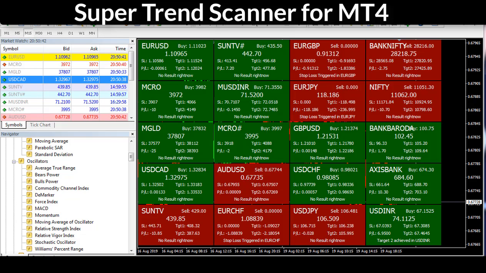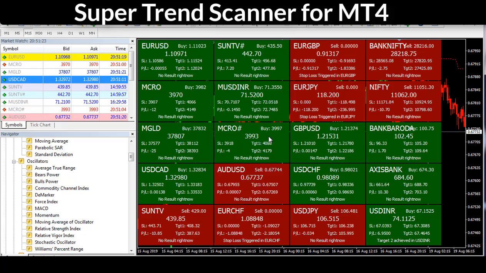So let's start understanding the Super Trend Scanner strategy and features, and learn how we can use the software for daily use. Super Trend is the most common indicator among traders, but while using it in MT4 on the 15-minute time frame, sometimes it becomes difficult to find the best intraday entry and exit levels in one or two symbols. That is the reason we have created a scanner for you, which does not only scan the symbols but also shows you the current signals in the chart window as a dashboard.